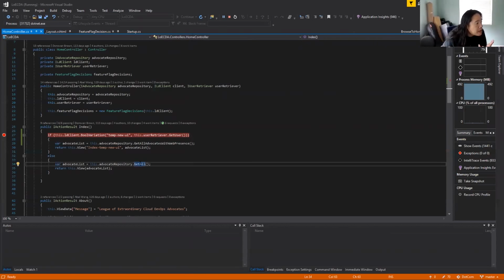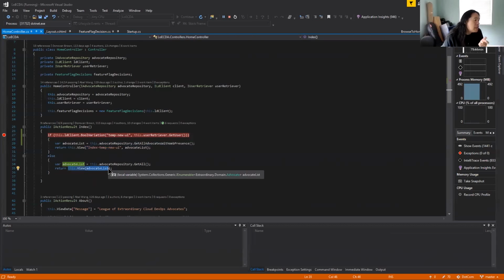So I have my old UI page and my new UI page, and I'm actually routing them depending on the logic of my if statement. I'm routing them to different views. And so my different views will hold a view with the feature turned on and then one without the feature at all, right? So that's one way of doing that, where you can route them to completely different views.